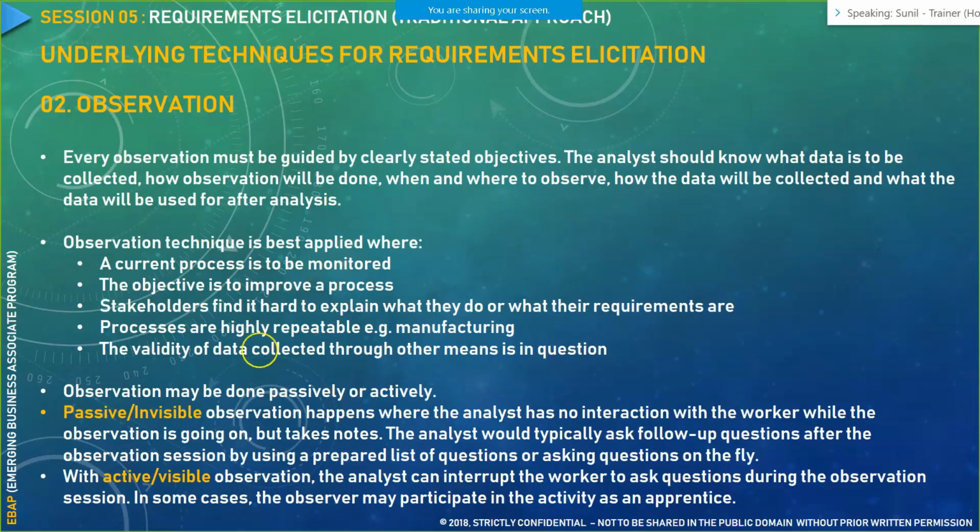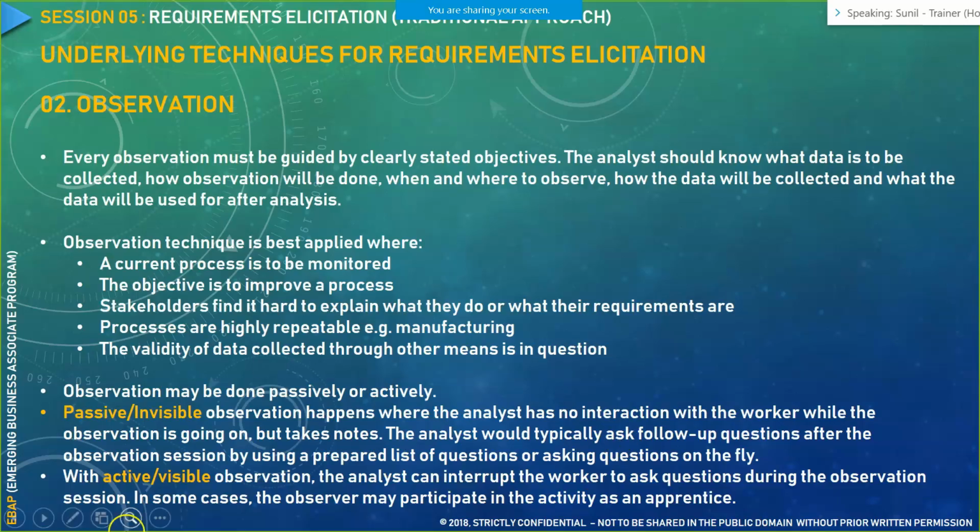Now the next technique is your observation technique. Now observation technique essentially has two components associated with it. One is your passive way of observing people, and then there is an active way of observing people. So the passive way, I have already explained in our previous session: a business analyst would travel to the customer place, sit behind the person and just observe what that person is doing in that particular system. After that, he would collect some notes and ask the questions in the relevant session.